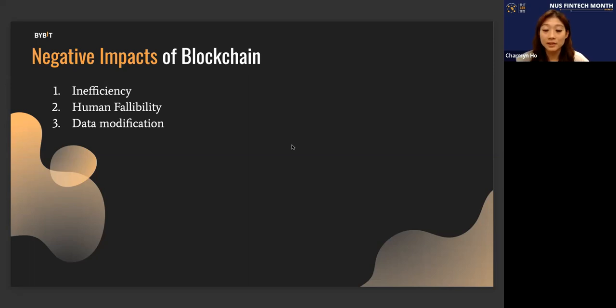Further, said immutability can only be preserved if the network nodes are distributed fairly. So in essence, a blockchain network is vulnerable if one entity owns at least half the nodes. So I think I've gone through quite a bit of information with regards to blockchain, and I hope you guys have learned something from it.